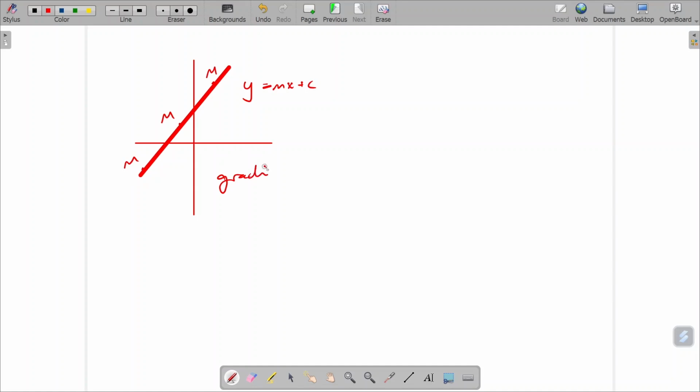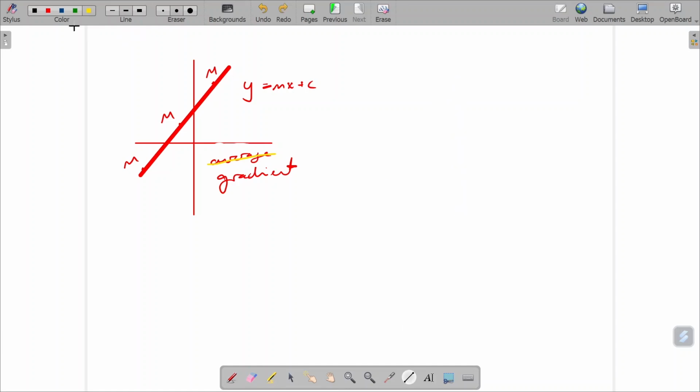And so we got a little bit lazy by saying the average gradient. Handwriting is taking a bit of a beating here, so let me quickly tie this up for you. The average gradient, and we got a bit lazy, and we stopped saying the word average because the gradient was always going to be the same. However, as soon as we moved on to curves in the grade 10 syllabus, and we started looking at curves,